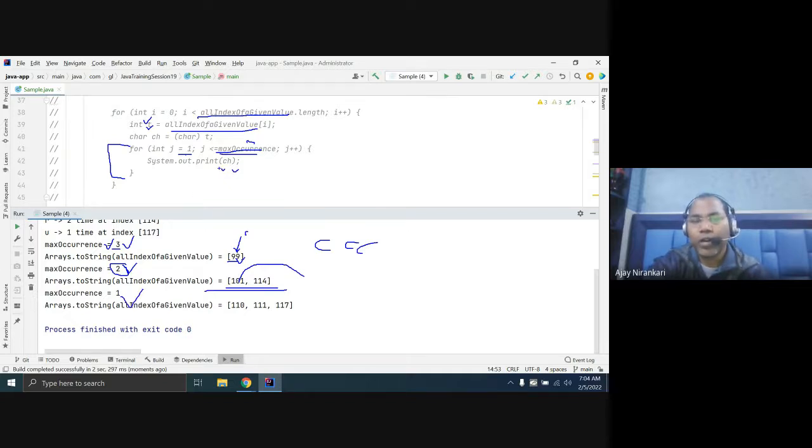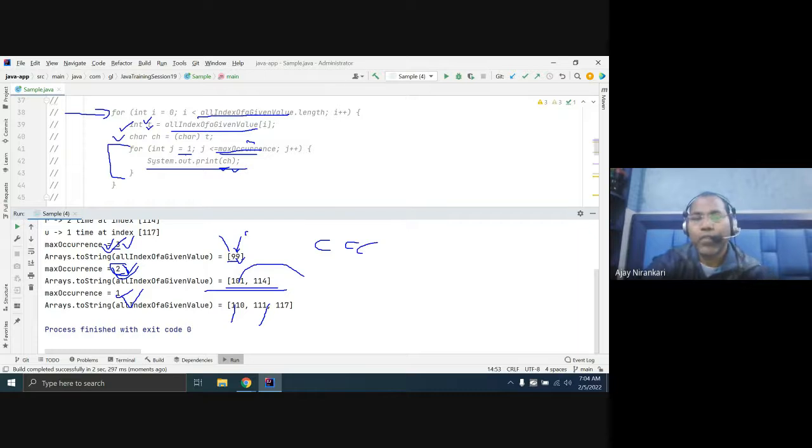For 1 it runs one time printing, for 2 this loop runs 2 times, for 3 this loop runs 3 times. But what character are you printing? Characters come from this array, this position, this position, this position. In the first loop we get the character, which character? This is the character. How many times? For 3, 3 times. For 2, 2 times. For 1, 1 time.